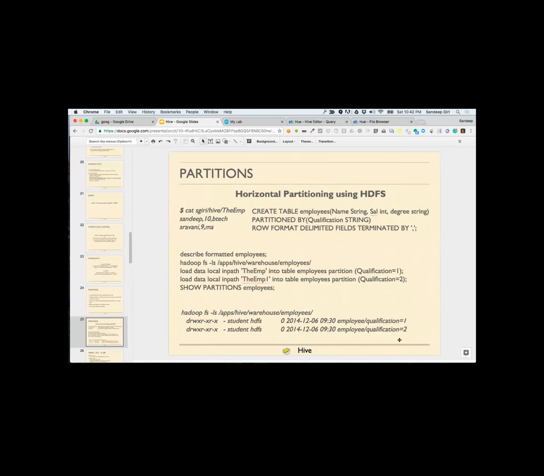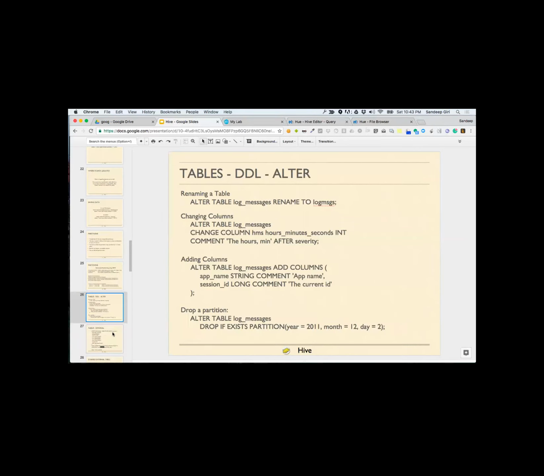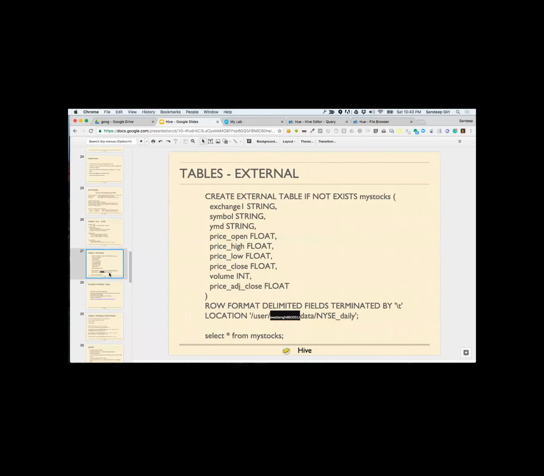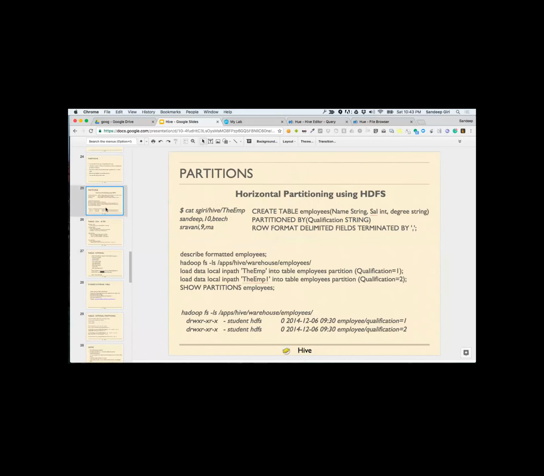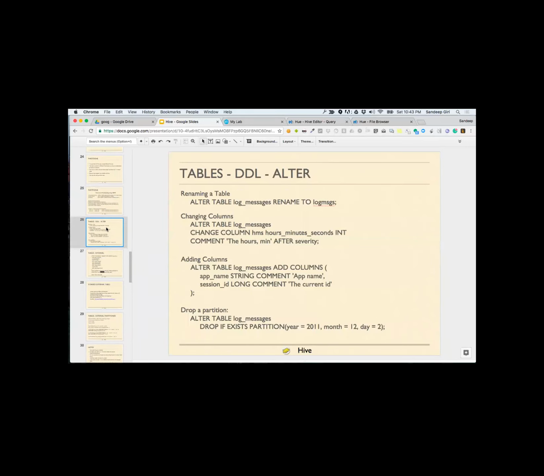Now, had there been more columns on which we were creating this, we would have to specify the values for those columns, and in the folder structure there would be one more label. Let's say we are saying year equals 2014. So there will be one more folder inside this one, year equals 2014. All right. Good. So with respect to the DDL, data definition language,